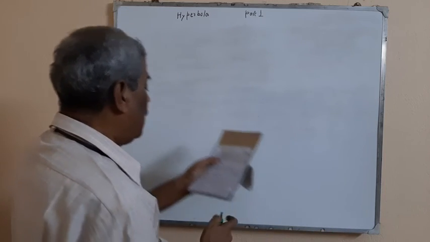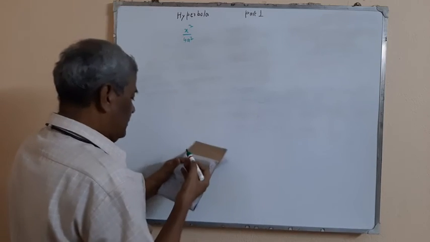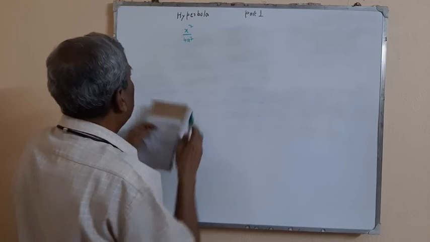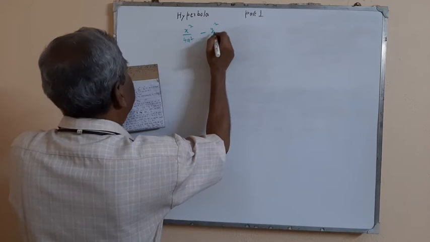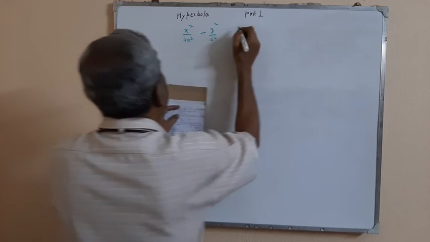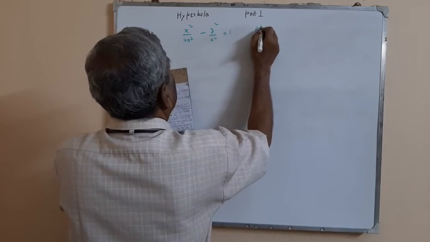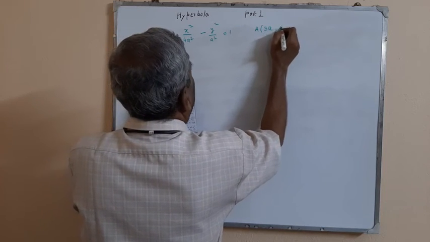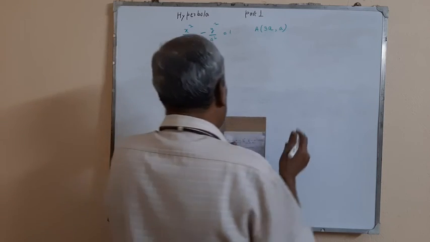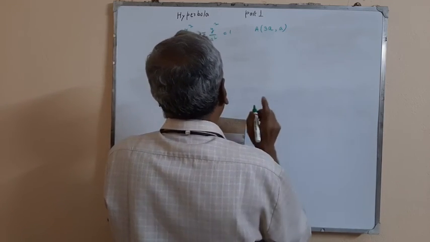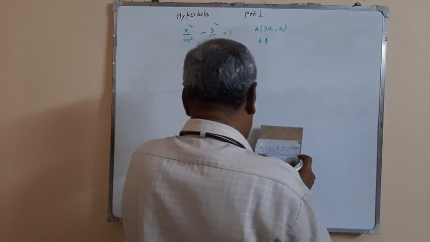Q is any point on x square by 4a square minus y square by a square is equal to 1, and Q is any point on it, and A (3a, a) is a fixed point. Locus of the midpoint of AQ is, locus of midpoint of AQ. Options: